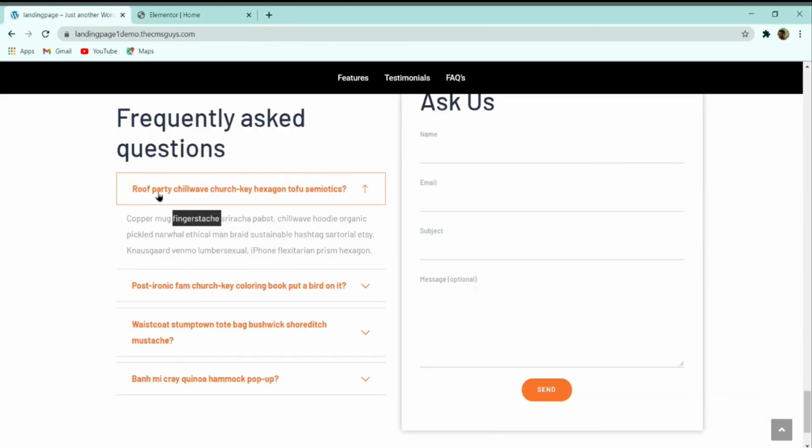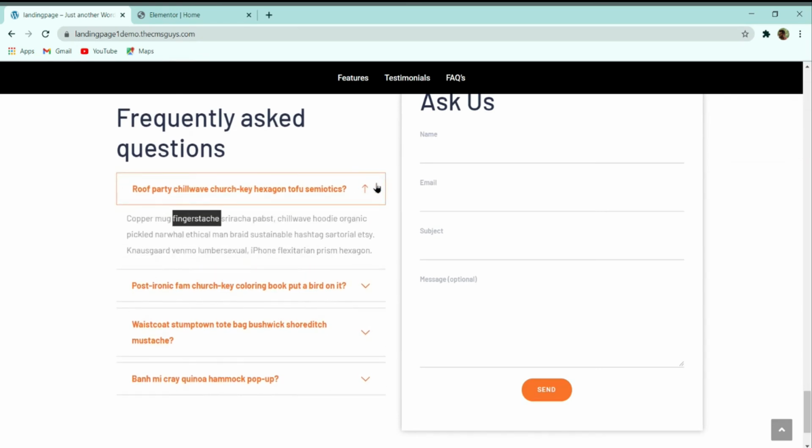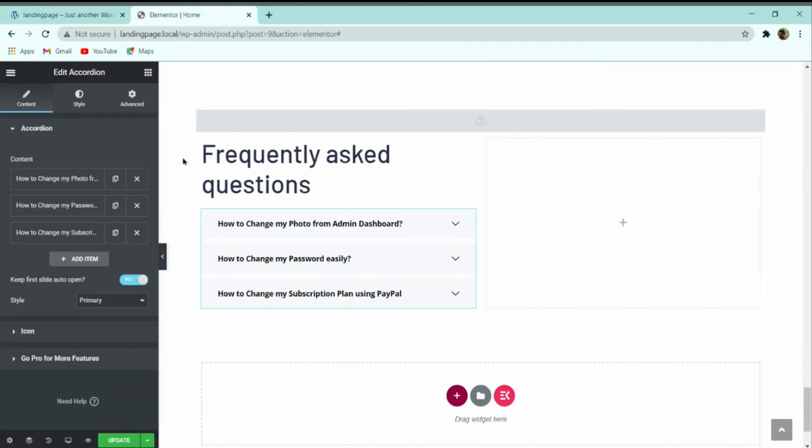First of all, you can see that whenever the part is active, there is an orange background color, and when it is not active, there is no background color, only a top and bottom width. So let's start customizing it. First of all, I will leave it as it is, because I am not going to change this text over here. The content will remain the demo content.